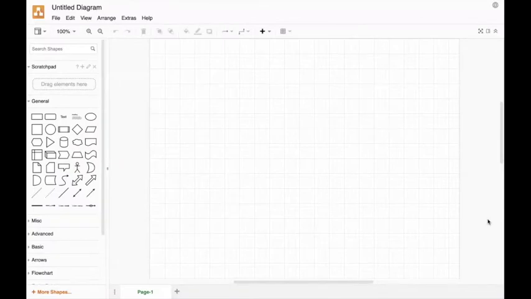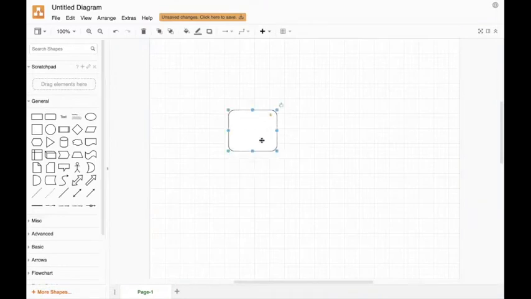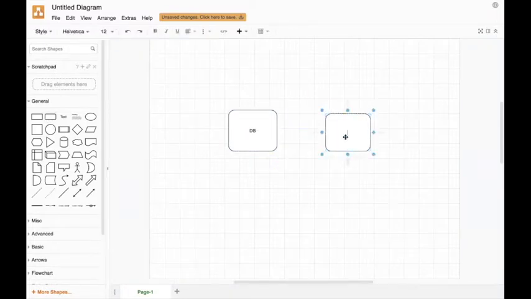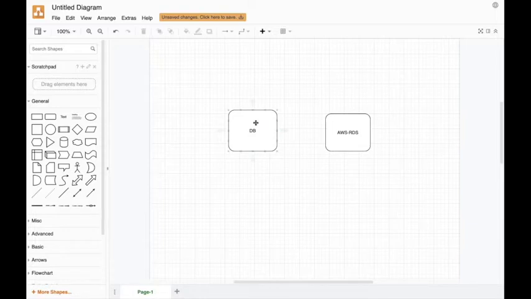How do we back up our database? Consider you have a local database, and you have an AWS RDS. Now you have a local database in your local system. This is AWS RDS in the remote system.